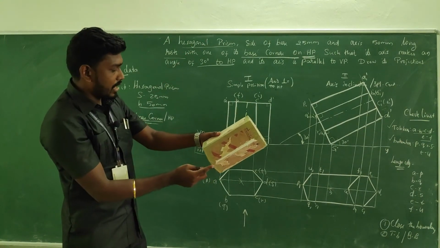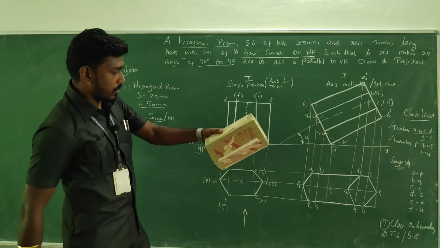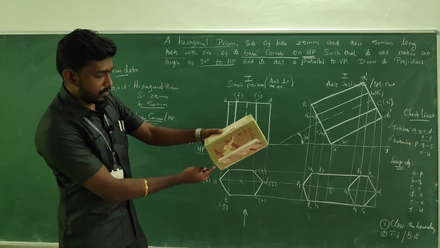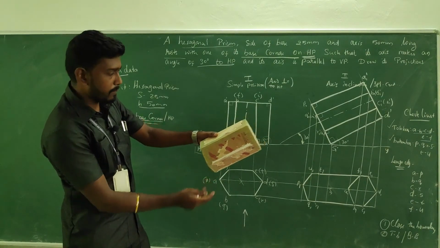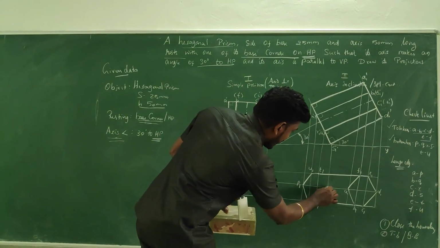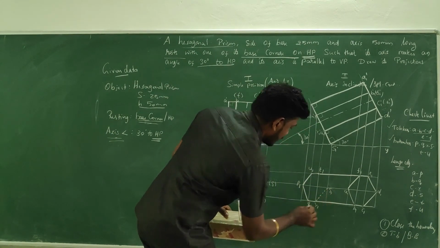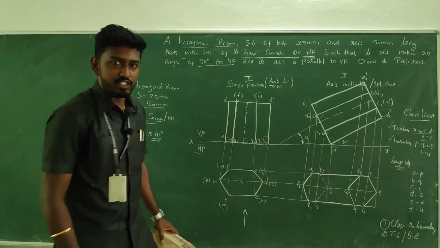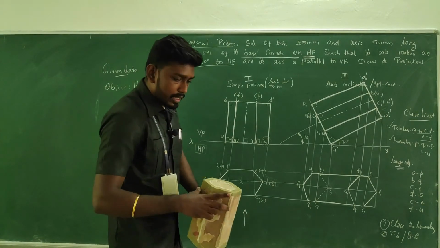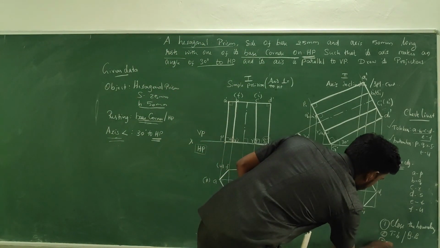So that means the lines R to S and S to T will be invisible. These are the edges. So R to S and S to T are going to connect as an invisible line. Okay, fine. And the next, the third step is